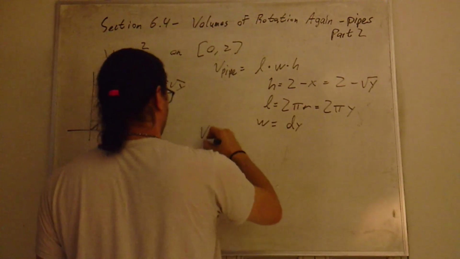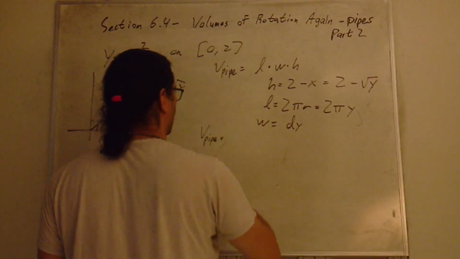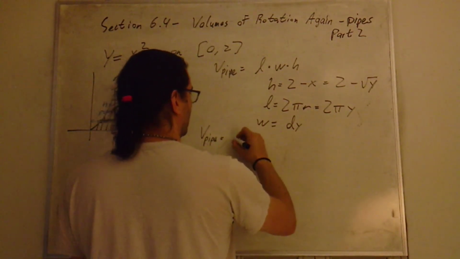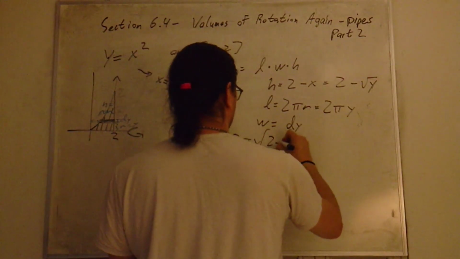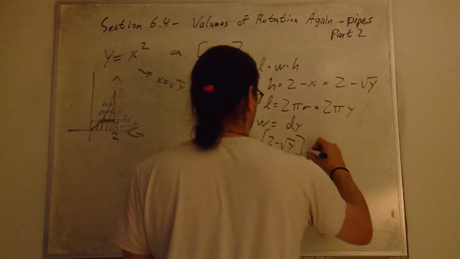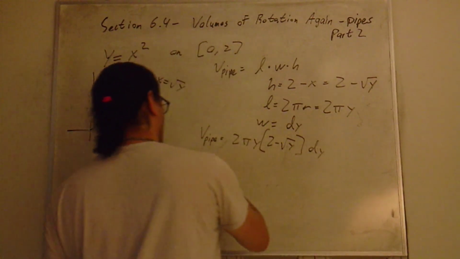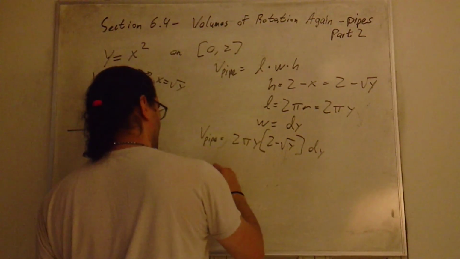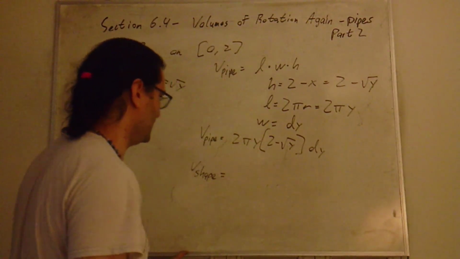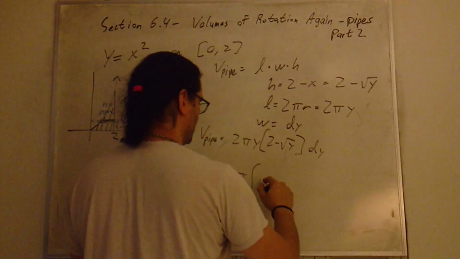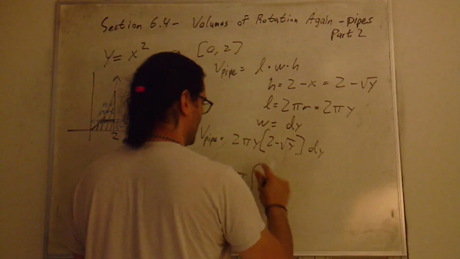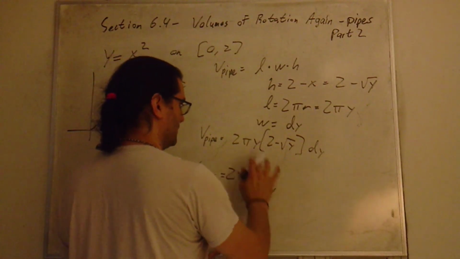So the volume of my pipe is 2 pi y times 2 minus root y times dy. And the volume of the shape I get from that should be 2 pi times the integral of, I'm going to distribute this, 2y